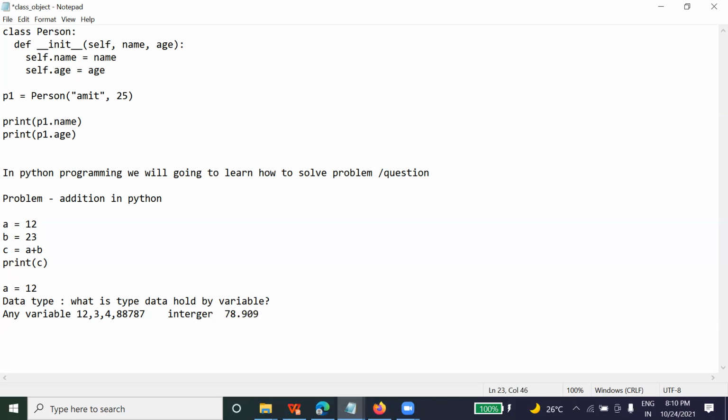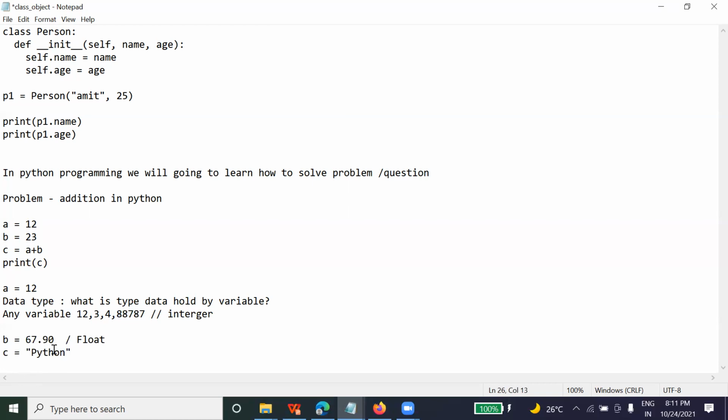Is it clear to everyone? What is the data type of A? Integer. Good. Now suppose I declare another variable B holding a value like this. What is the data type of B here? Float. Now suppose I declare a variable C holding a value like this, what do you call it?